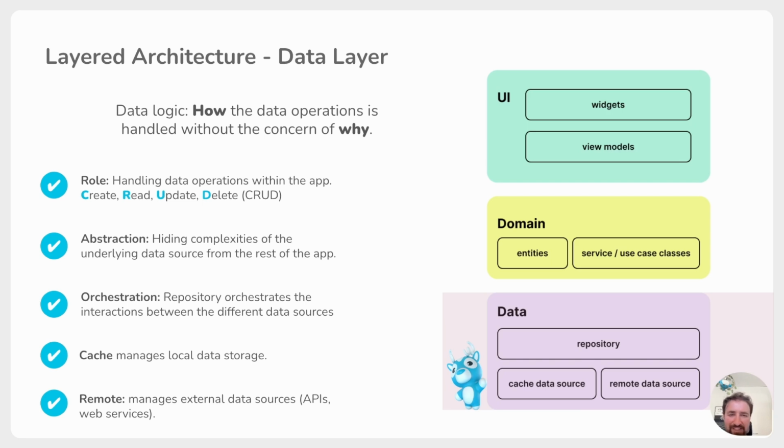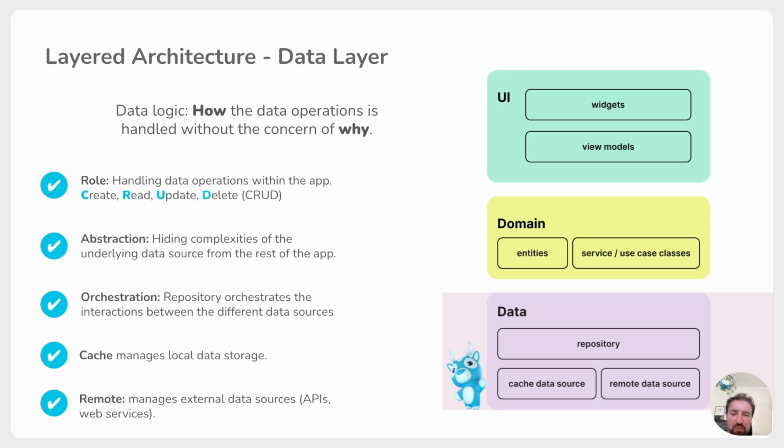Now let's start with the app architecture. In our demo app, we use layered architecture. We have the data layer. This is where the data logic lives. Data logic means how the data operation should be handled, without the concern of why this should be handled. The keywords in this layer are CRUD, abstraction, and orchestration. The data layer is responsible for create, read, update, and delete operations of data, and abstracting the complexities of underlying data